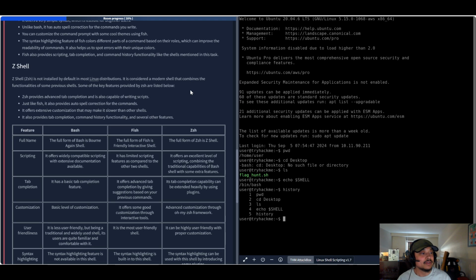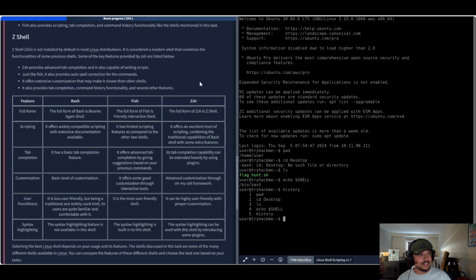All right. Finally, we're going to talk about Z shell. So it's also not installed by default. It's considered a modern shell that combines the functionality of some previous shells. Some key features are that Z shell provides advanced tab completion and it's capable of writing scripts. Cool. Just like Fish, it has spell correction for commands. It offers extensive customization that may make it slower than other shells, and also provides tab completion, command history functionality,